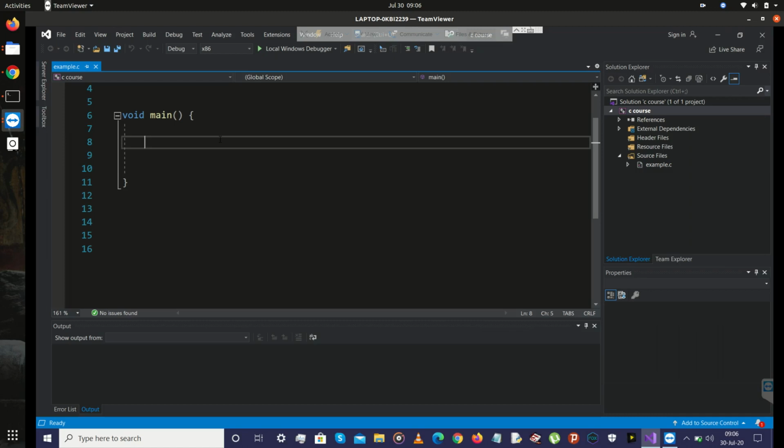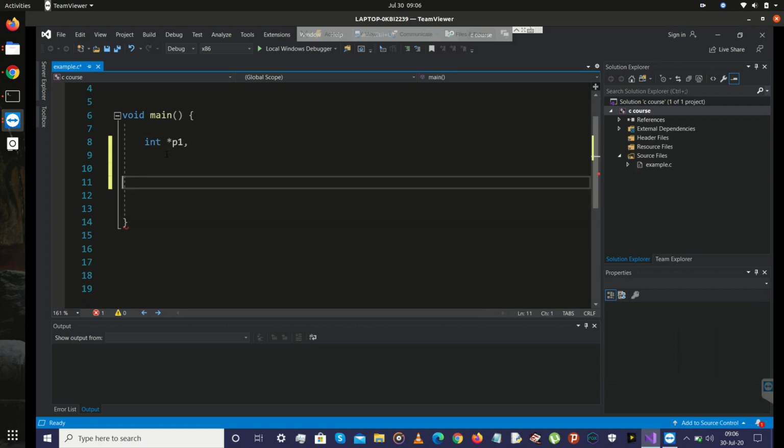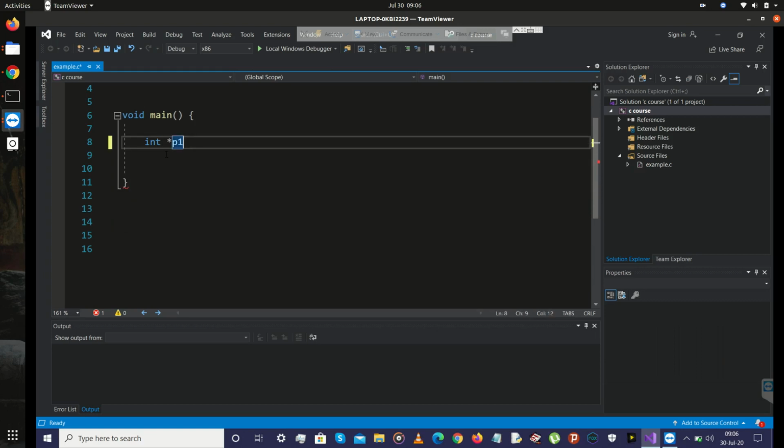Now I am at my Visual Studio. Here is how you declare a pointer. Let's say I want to point to an integer variable. Let's say int *p1, *p2.